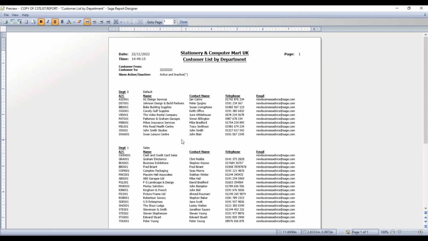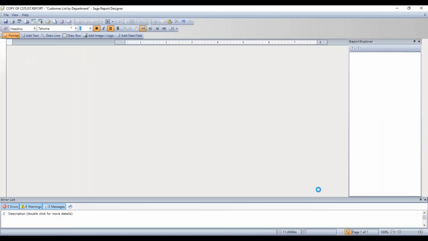Now, we know at the minute that the report is automatically sorted in department order through the group that we've added. Now, within each group, I can sort the list of customers by either account reference or account name. So at the minute, there's no real sort within each department, so I can actually force a sort, but within a group. So I'll show you how to do that. We're going to go back to sorts. So if I go back into the Report Designer